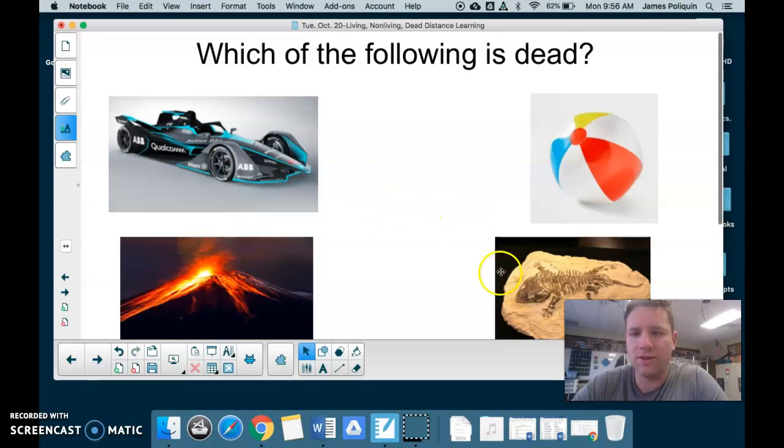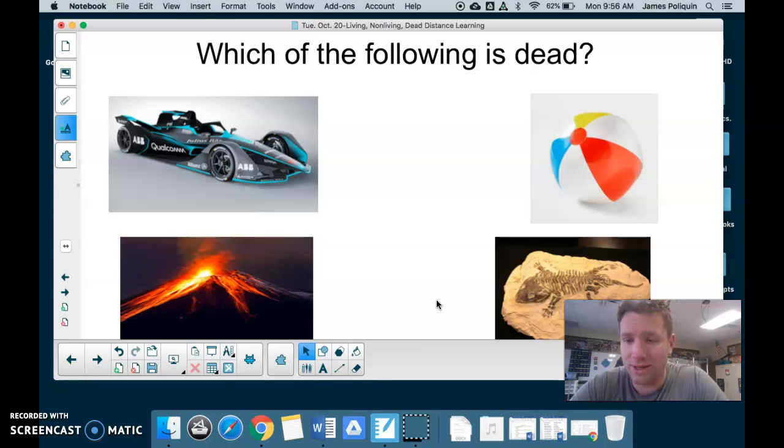So, which of the following is dead? Is it the race car, the beach ball, the volcano, or the fossil? The best answer is the fossil. Check out this skeleton. It looks like this is a form of ancient, probably amphibian, maybe lizard. Many millions of years ago,